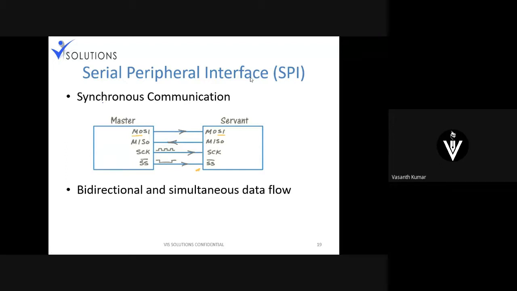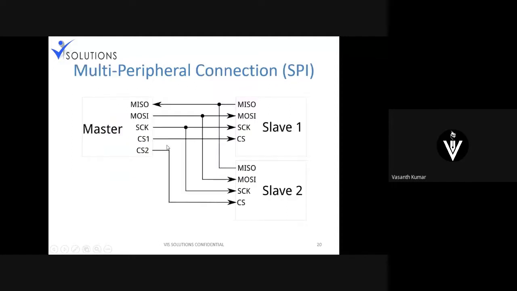Okay, so when I talk about SPI, SPI basically has 4 connections. Same like there's a master and receiver, whereas the master sending data to a slave is called MOSI. MOSI is otherwise called master out, slave in. Okay, master out, slave in. And in the same way, receiving the data back is called MISO, master in, slave out. So the master will send the data to your slave through MOSI, and your slave will send the data back to your master through MISO. All right, and you also have SCK.